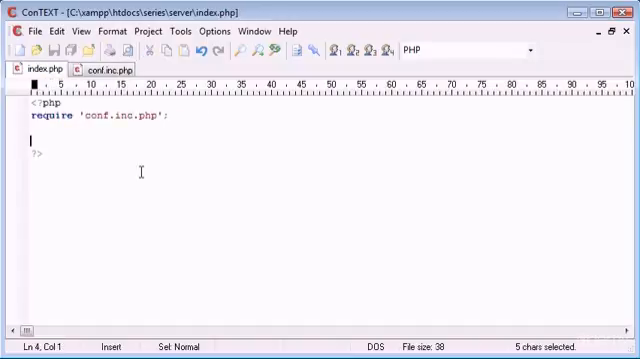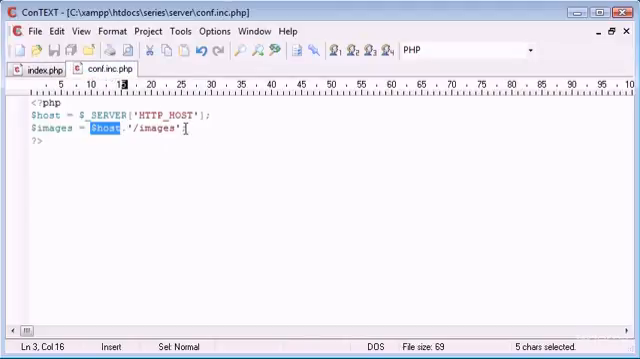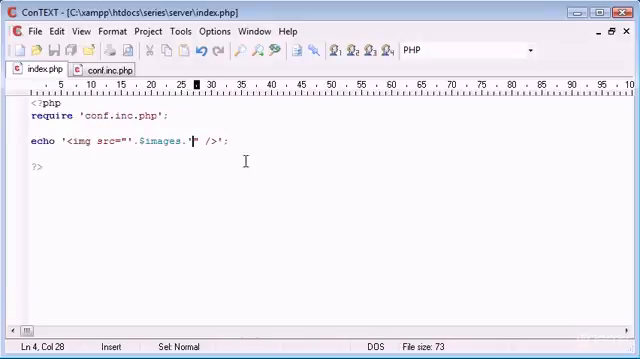So what I could then do is inside my file say echo, and I could create an image here, source equals that, and I could say, right, what's the location of this? So we've created this images variable, if you like. We can append on images, and then we can put the file name afterwards. So I could put another trailing slash on there, and we could say images and then